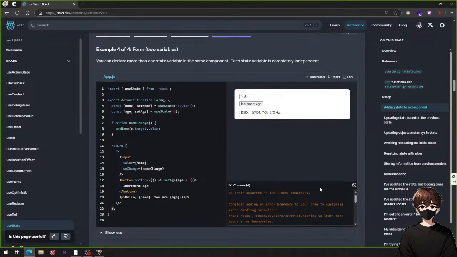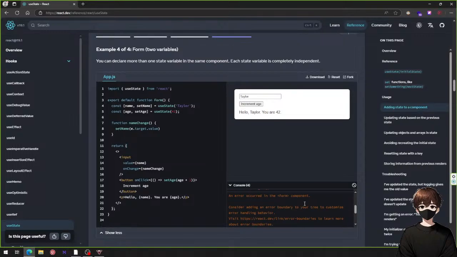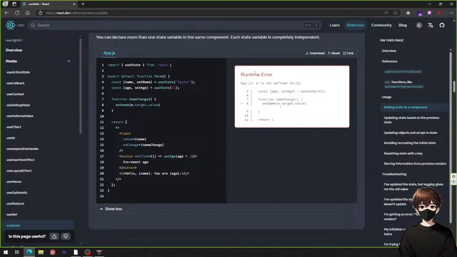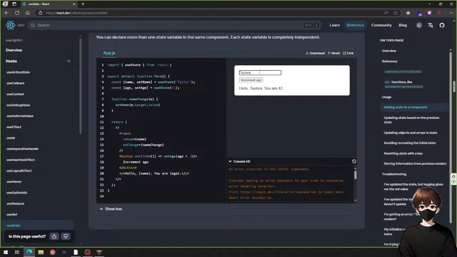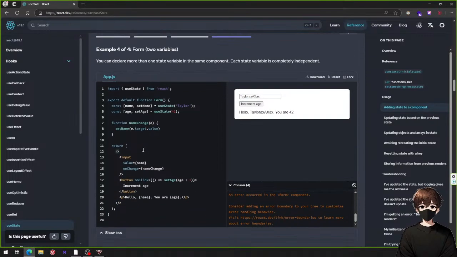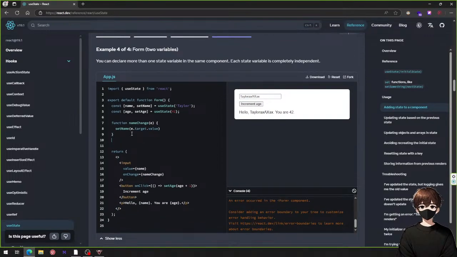Why? Consider adding a boundary, but it still works, doesn't it? Oh, it doesn't. E is not defined. Oh, of course. But it still works. Okay, whatever. We're gonna do the same for